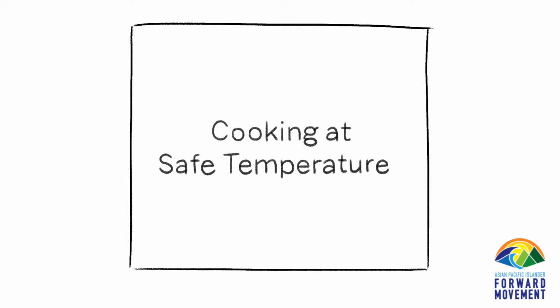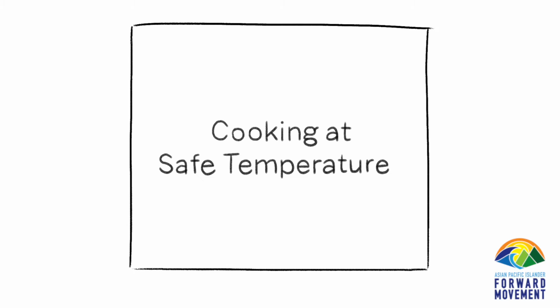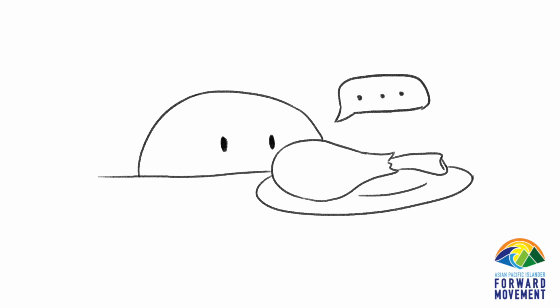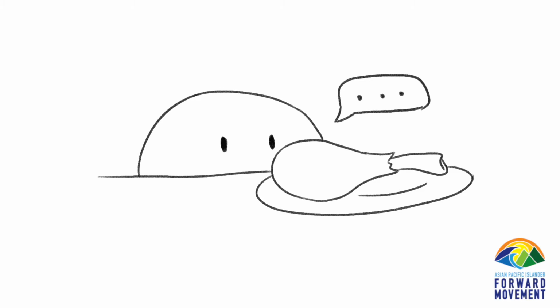Next, we're going to take a look at our food safety step number 3, cooking at safe temperatures. You can't tell if a food is done simply by looking at it, so use a food thermometer to be sure. The USDA recommends the following minimum safe internal temperatures: